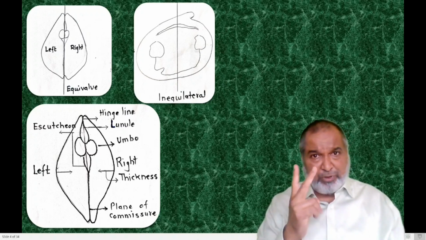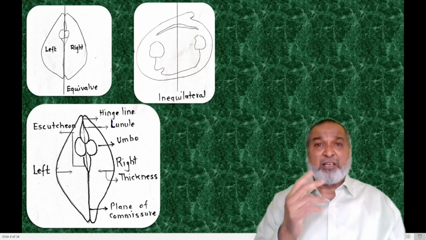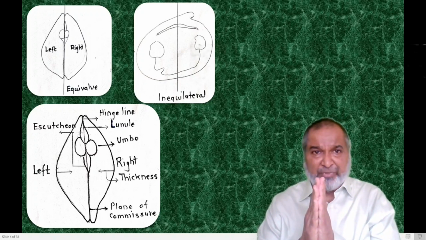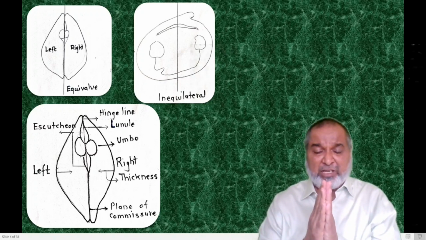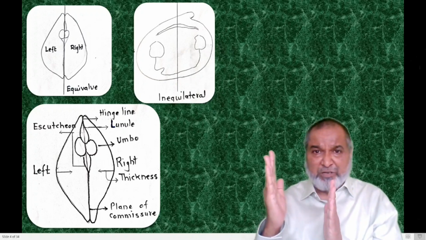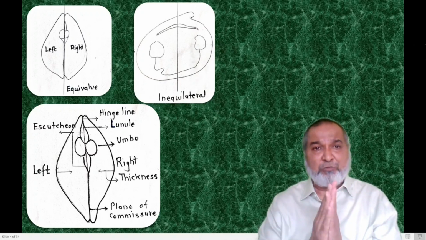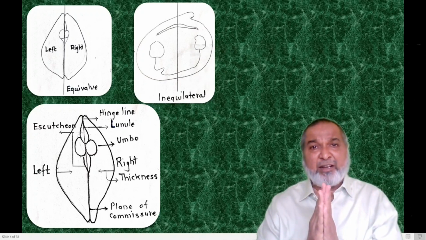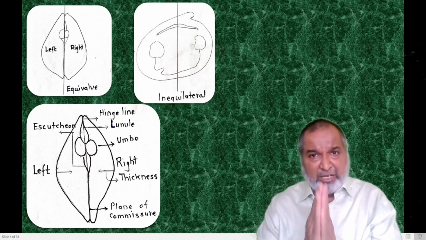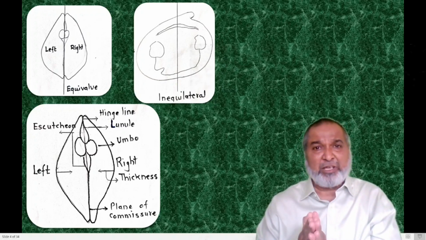Here we have seen two important terms. Whatever the Lamellibranch shell is, it has two walls, and of these two walls, the one on your left hand is the left wall, and the one on your right hand side is the right wall. So left wall and right wall are both equal, fitting and matching exactly together.